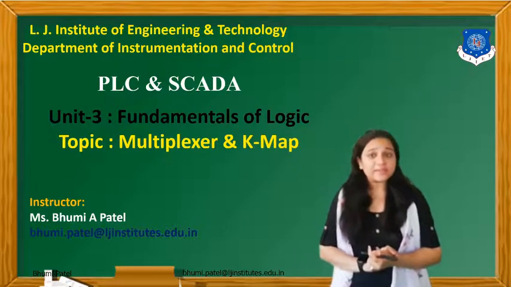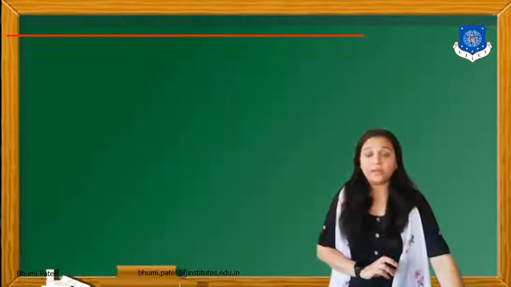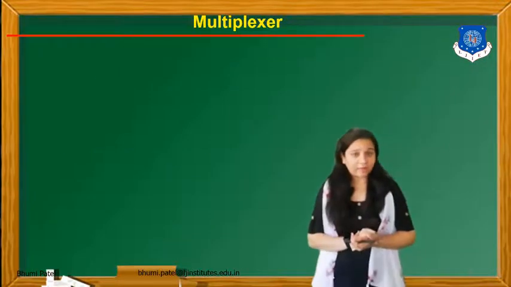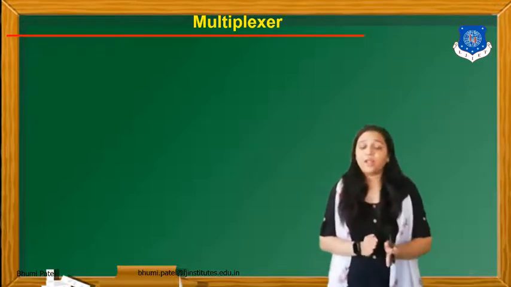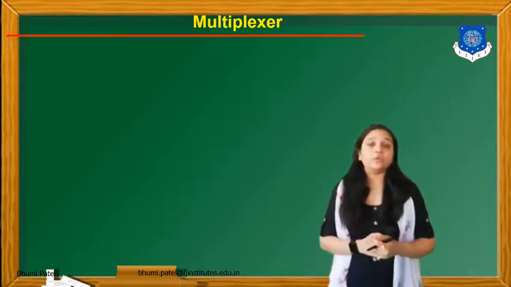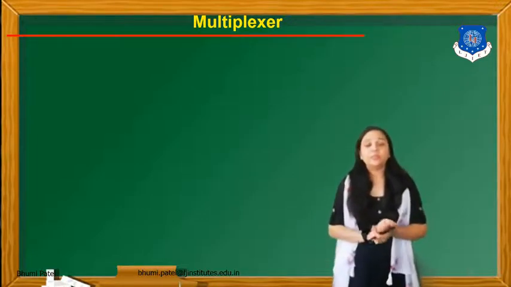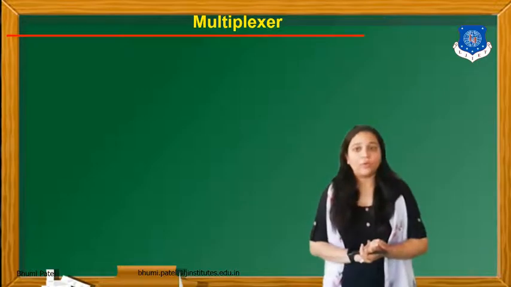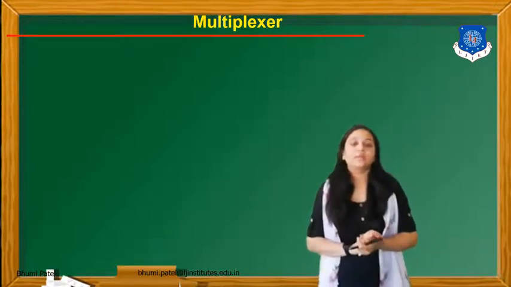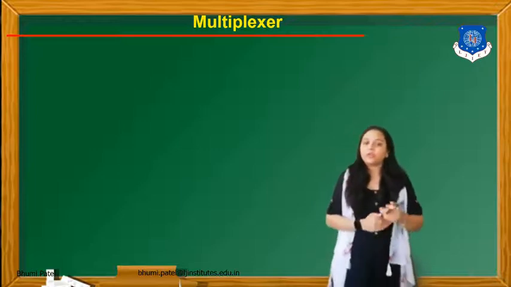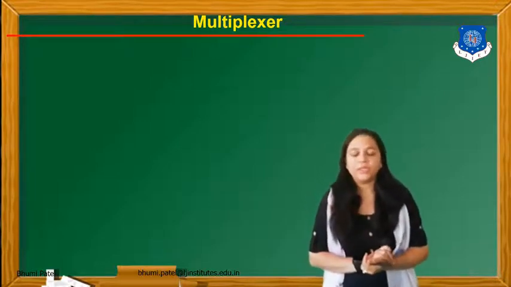In the last session, we discussed the different types of adder, like the full adder and the half adder. Then we studied the truth table of the full adder and the half adder, and then we drew the ladder logic diagram using the Boolean equation. Then we studied the decoder circuit, the block diagram of the decoder, the truth table, and lastly the ladder logic diagram of the decoder.